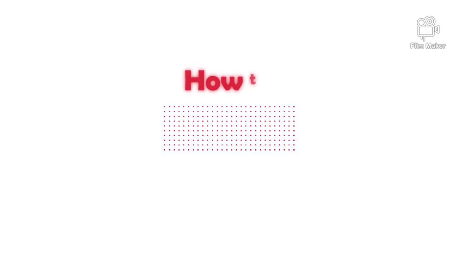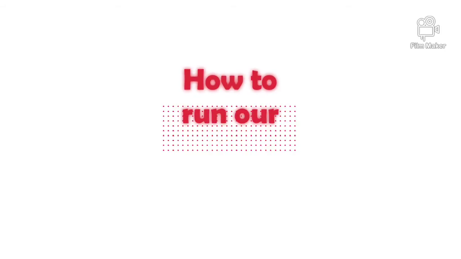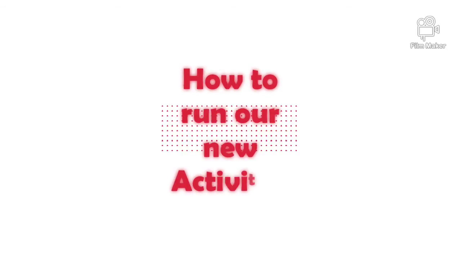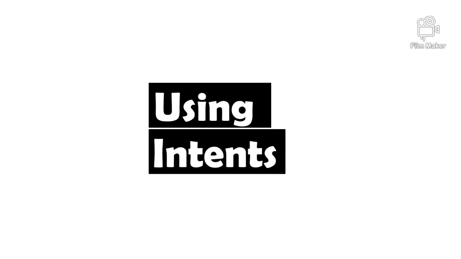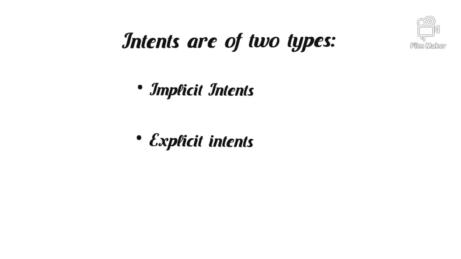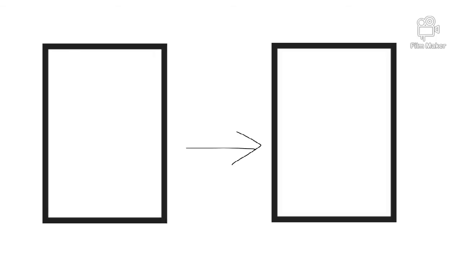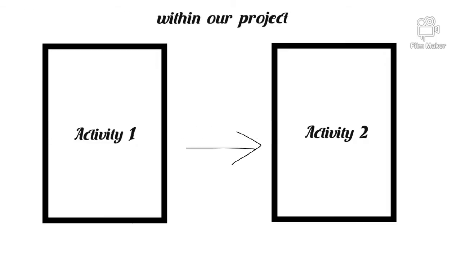But we know if we now run our application, our app will show the default main activity, but we have created a new activity. So how to show this activity? Yes, here intent comes to help, which help us to navigate between different activities of our project. Intents are basically of two types, implicit intents and explicit intents. The intent we are using now is explicit intent, which help us to navigate between activities of our own project.